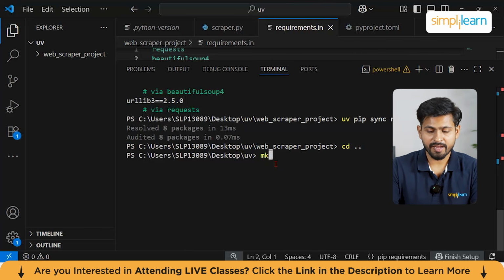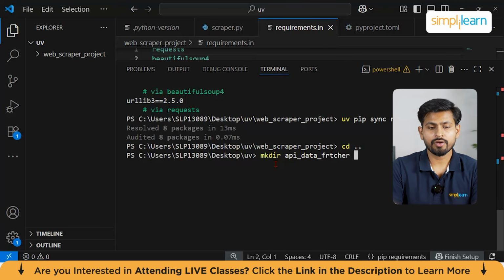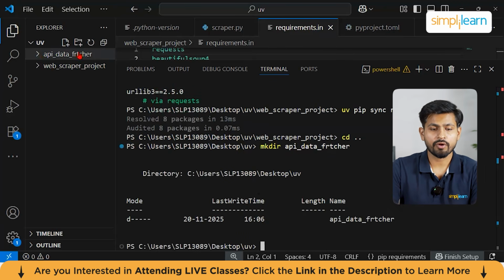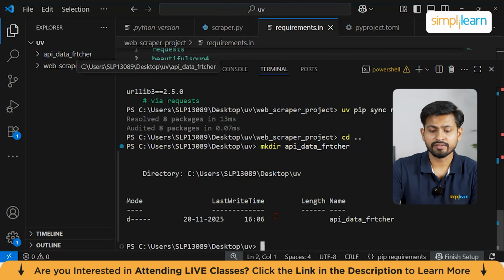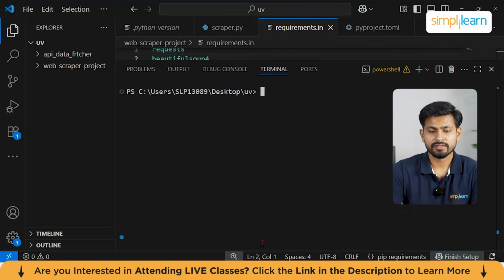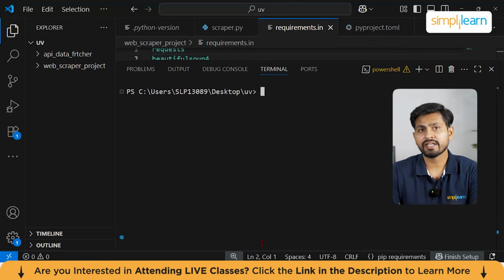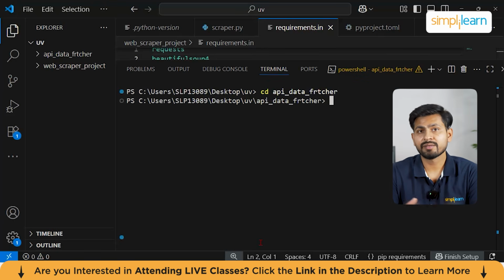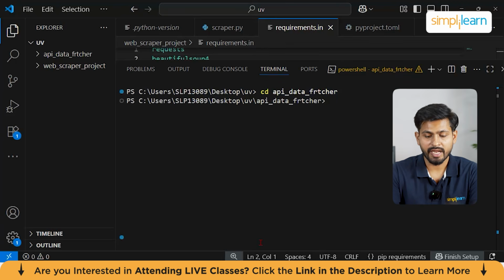So guys, over here, type mkdir and let's say the name is api-data-fetcher. Make sure you are in your root project. So you can see over here, we have got this given api-data-fetcher. Okay, the name is kind of different, but no worries. Let's clear our terminal. Okay, now let's go into the folder. So cd api-data-fetcher. Now the next step is to type uv and then init,